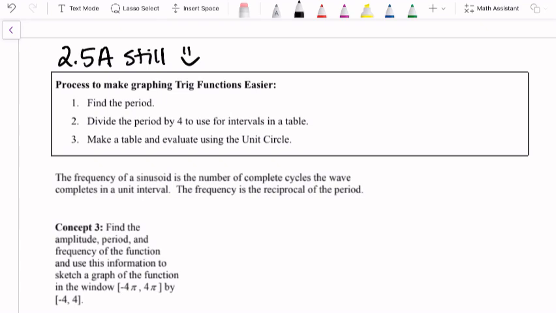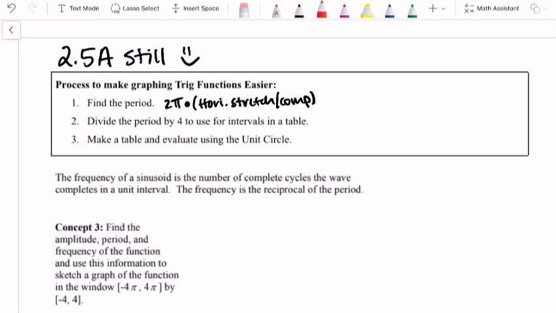First we're going to find the period. Remember finding the period: I like to take 2 pi and multiply by that horizontal stretch or compression. Basically we need to know what our range is going to be to make one full iteration of this. Next, once we know the period, we're going to divide